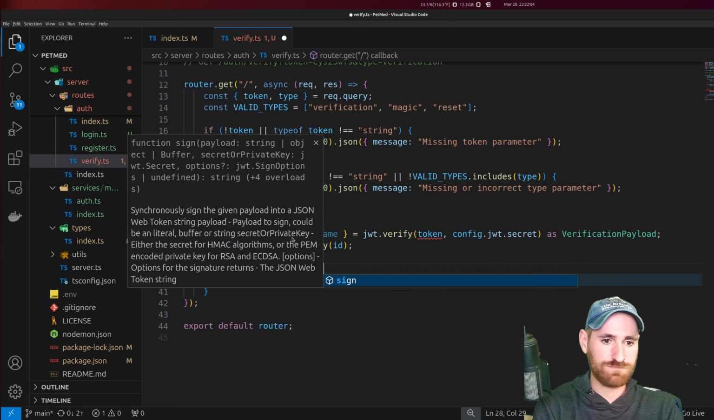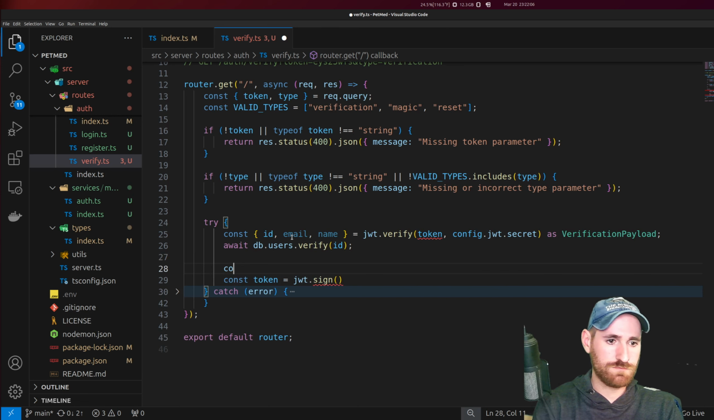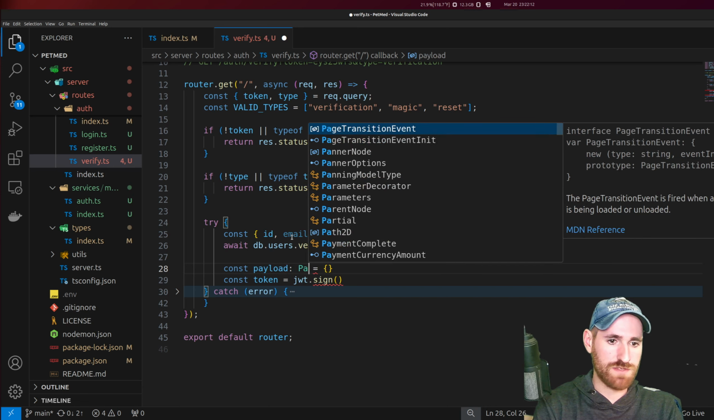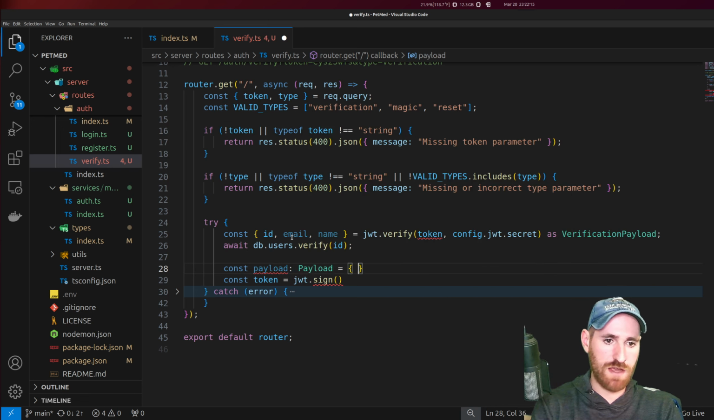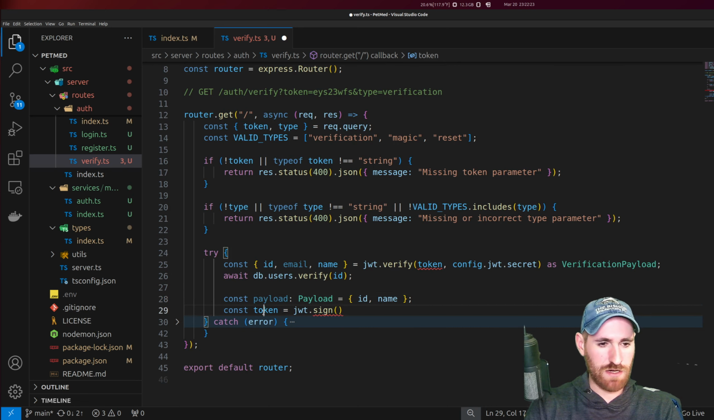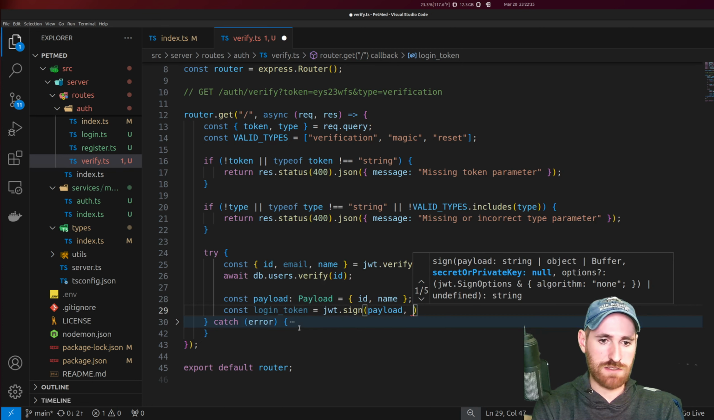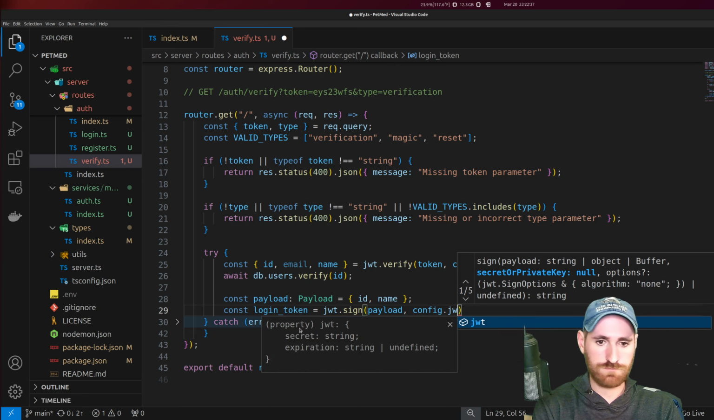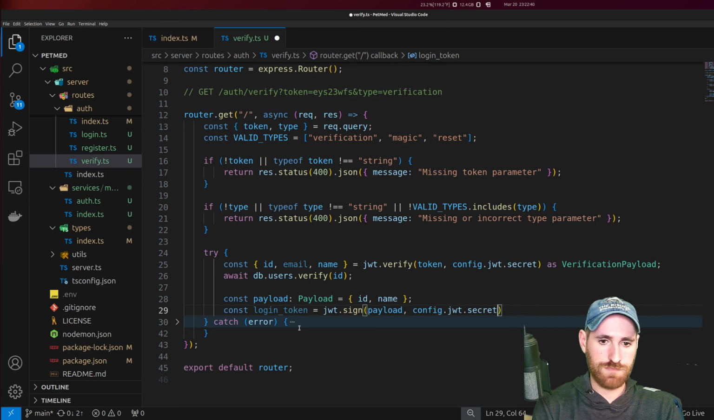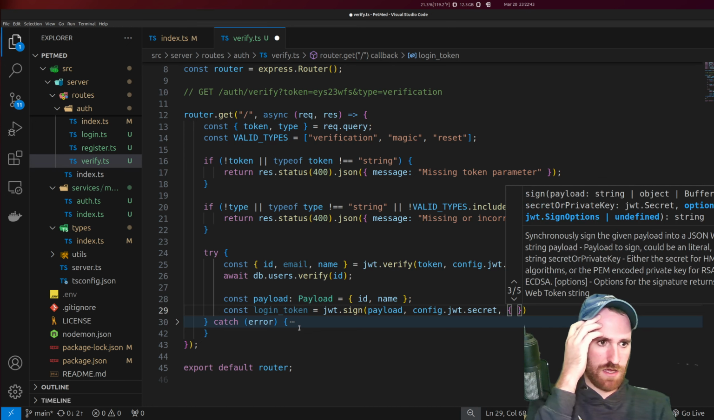So our payload here is going to be of the regular payload type, where we have the ID and name. And we've got a naming scope issue here. So I'm going to call this loginToken. jwt.sign payload, config.jwt.secret, and